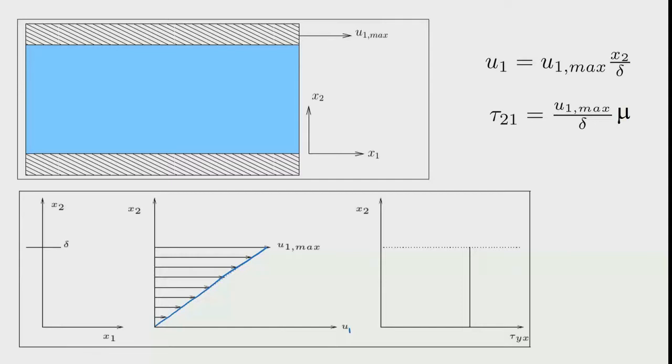Okay. So, which means if you want to show this on the schematic itself, then you could also do that. So, you could do that here in this manner. The axis can be drawn, and then this is x2 and this is u1, and then we show what is the maximum velocity there, and the velocity would look like that, which means that as you go up in the thickness of the layer, the velocity is picking up to a maximum value given by this term.